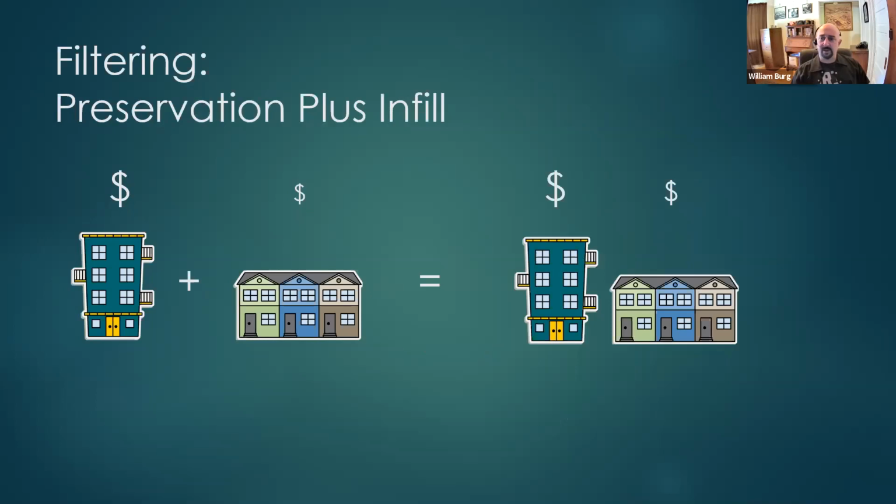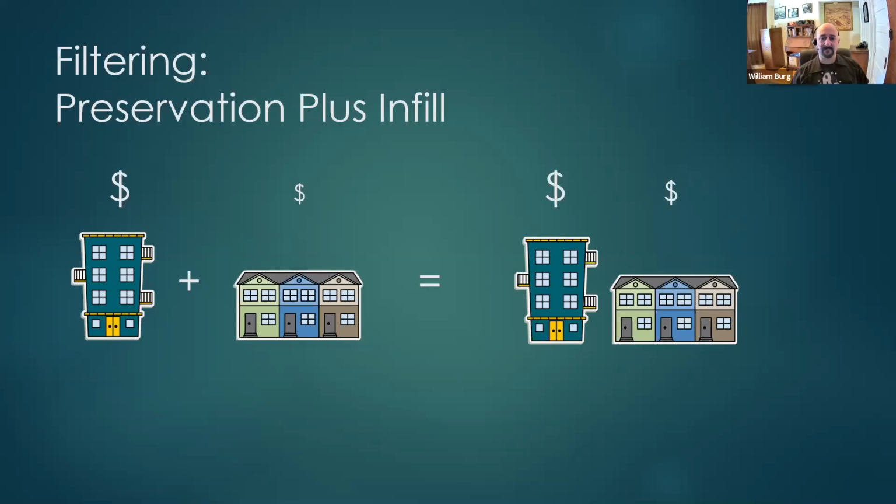Also, then the other strategy, and we're going to talk a lot about preservation because we're a preservation organization, is preservation plus infill. And we talked about demolishing older buildings. If the buildings are historic buildings, they're harder to demolish. So they're easier to keep. So if you build infill in a historic neighborhood, on vacant lots, in alleys, on commercial corridors, using what are called the non-contributors in a historic district, which are buildings that are too new or too altered to count as historic buildings anymore, then you do get the benefits of filtering.